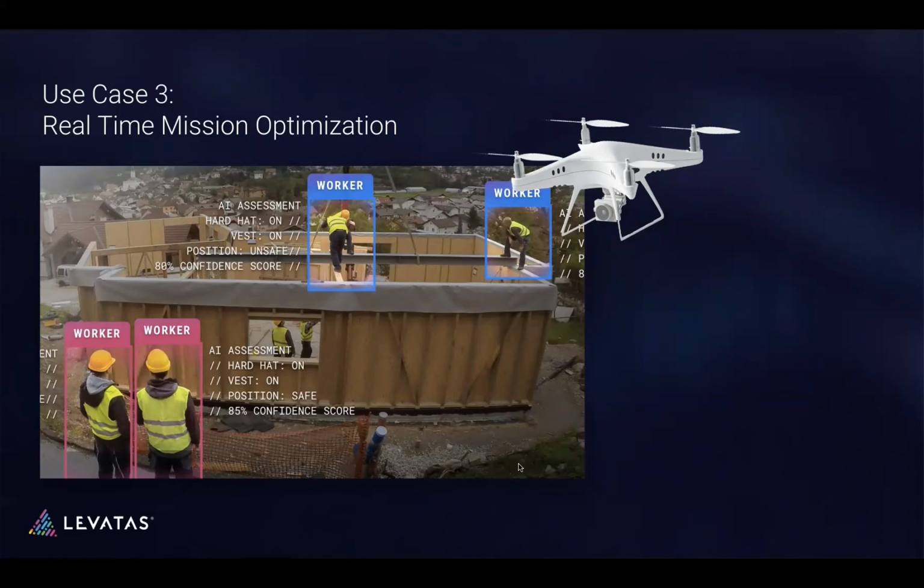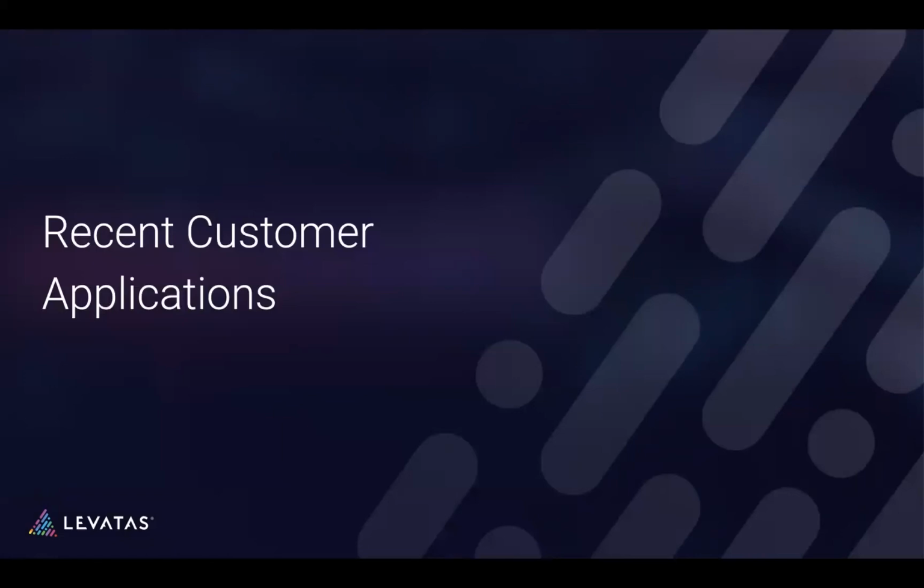So those are three very common use cases, three ways that we see organizations using computer vision in their inspection programs. The next thing that I'm going to talk about here are some common